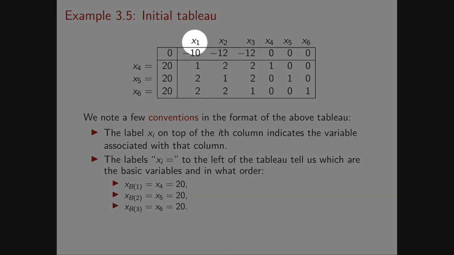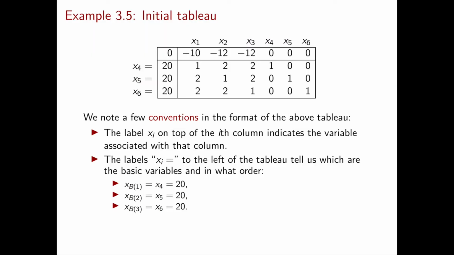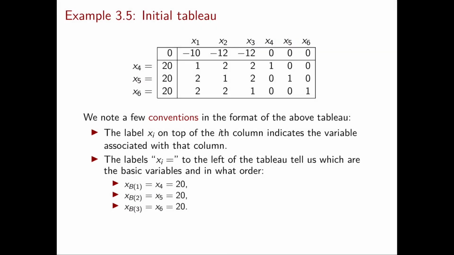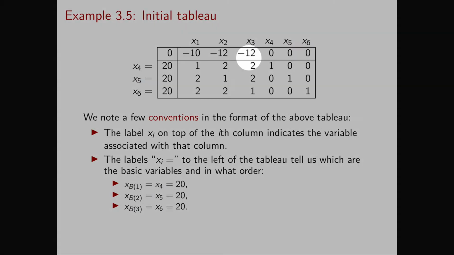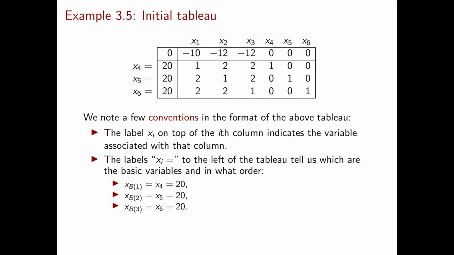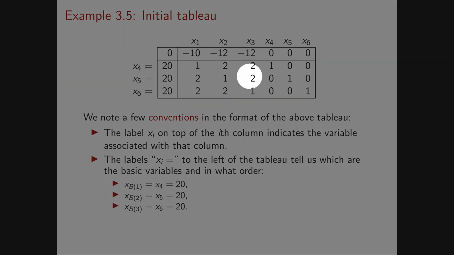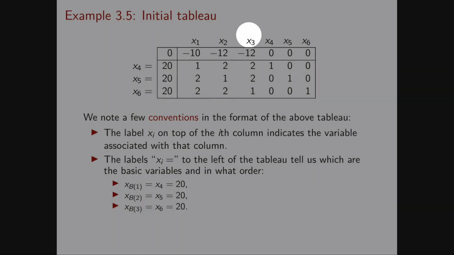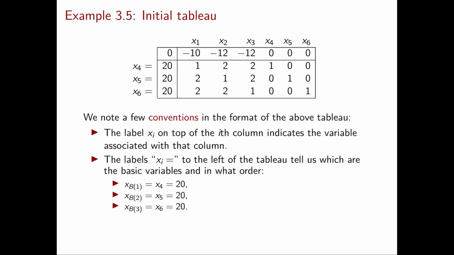The xi's here at the top simply indicate which columns correspond to which variable. There's nothing special about this. Of course, the first column is x1, the second x2, the third x3, and so on and so forth. These labels are useful to us to be able to quickly identify which column we're looking at. For example, if I look at the column -12, 2, 2, 1, if I didn't have this label, I would have to count that this is the first, second, third column, so it is the one corresponding to x3. Having the label here instead just allows me to quickly understand that without counting which column this is.